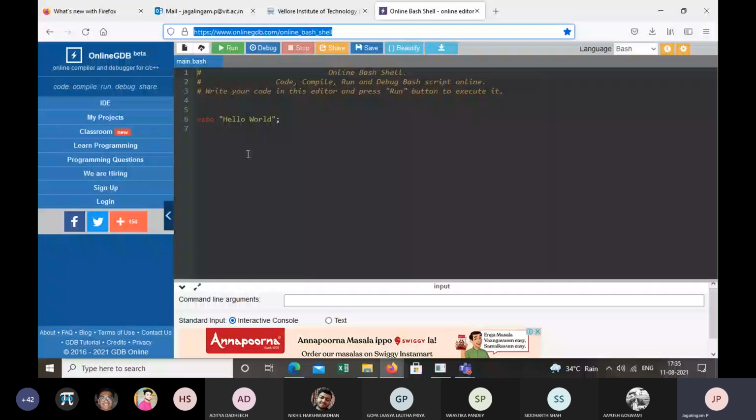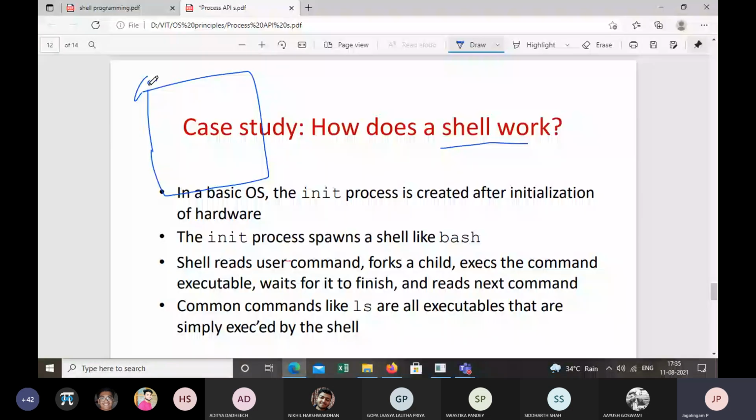You have this CoreCalc screen. In that CoreCalc, you get a screen with a tilde and dollar symbol.